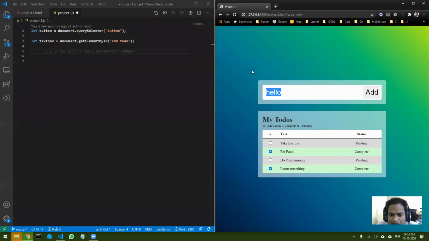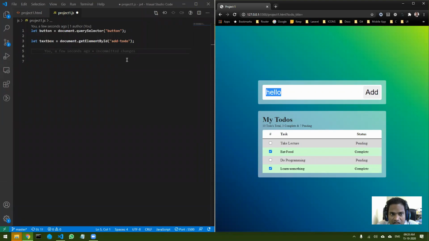Okay, so Amin Ali is asking what is the advantage or difference between querySelector and getElementById. Very good, Amin. Basically, getElementById is target specific. So you are targeting that particular element individually, right? But in case of querySelector, there may be multiple elements.